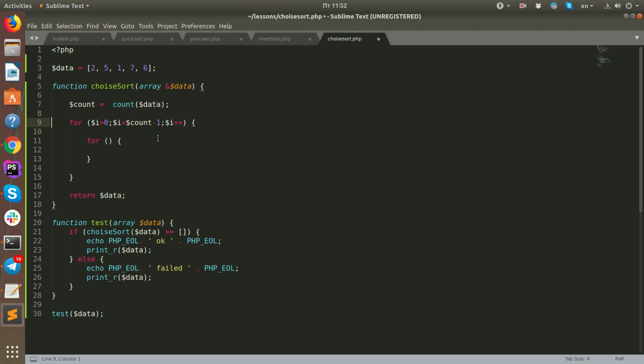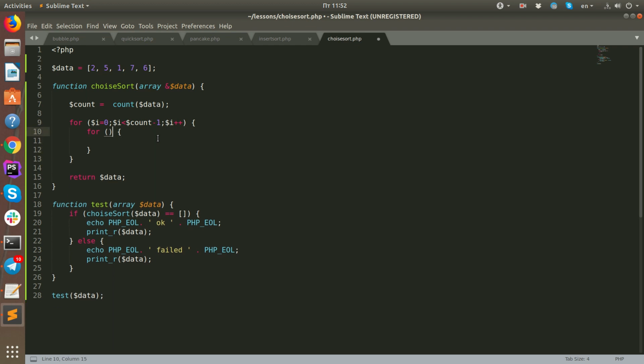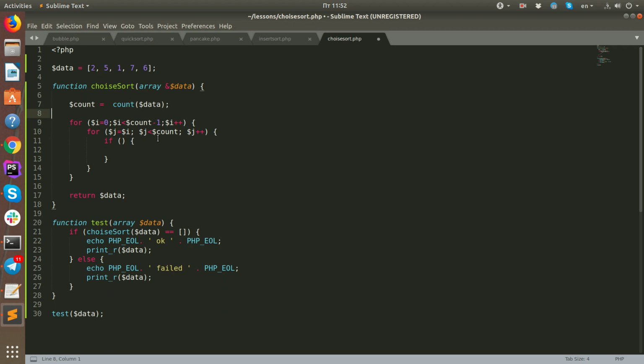In the second condition, we need to write the next. We need to use a different variable j equal to i plus one element. Then we need to increment j before the end of count, the elements of the array, and we also need to increment j plus plus. And inside the second for operator, we need to write the next condition: if data of j more than data of i,